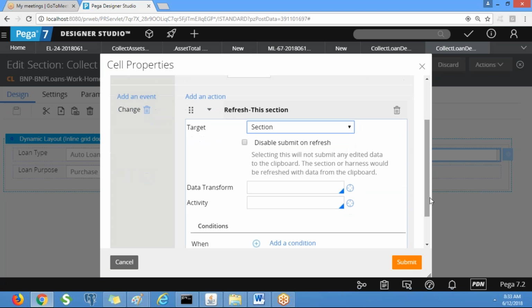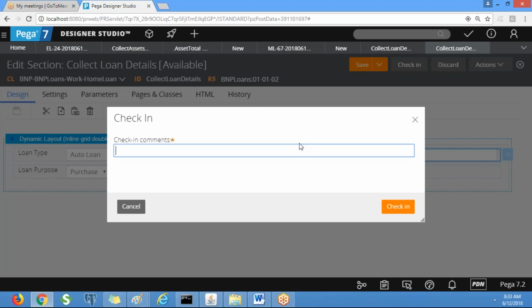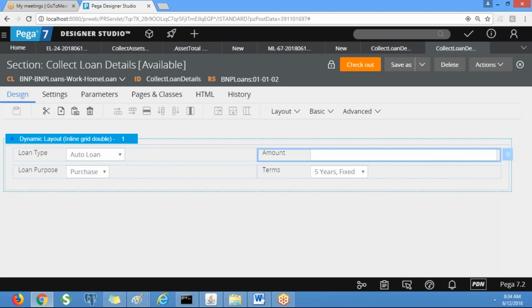So if you want to execute an activity while refreshing, you can do that. Okay. Now clear so far or any doubts? The property value changes.